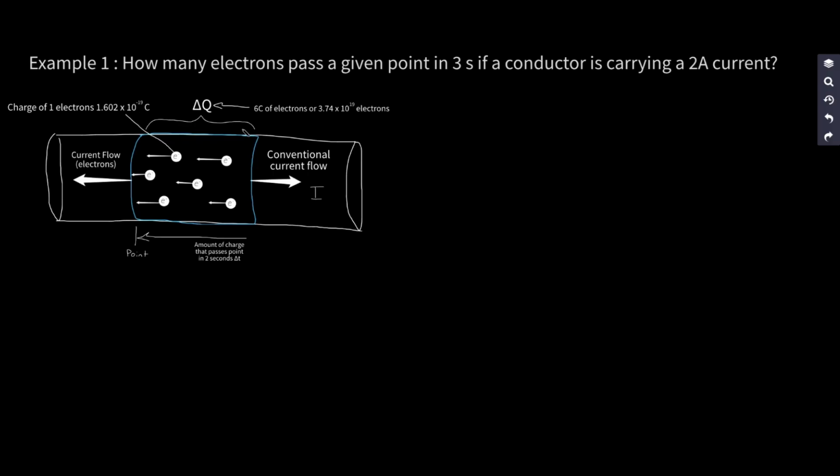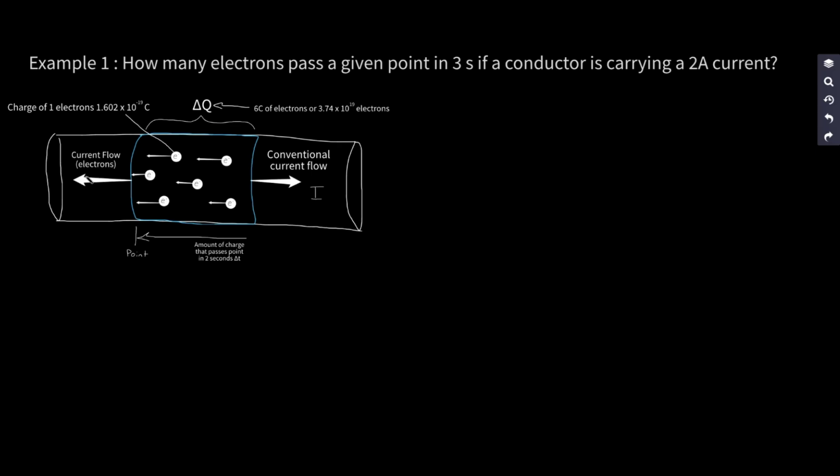And then it shows we have delta Q in this blue portion of the wire, and says that 6 coulombs of electrons, or 3.74 times 10 raised to the 19th power electrons, and we show this point. It says the amount of charge that passes a point in 2 seconds is denoted with delta t. It shows that the electrons flow to the left, whereas the conventional current flow goes